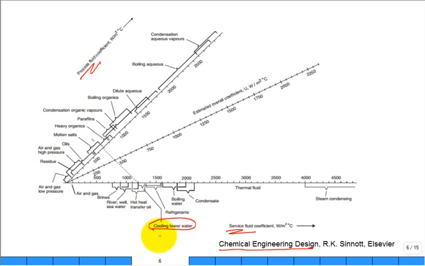Let's say they have a cooling tower, and the cooling tower is supposed to provide a service fluid, and the service fluid is supposed to affect the process fluid, maybe something like organics or paraffins or salts or oils, something that may be a valuable product. I'm just trying to talk through this. So let's say they have cooling tower water. Well, this person put this together and said, you know, the